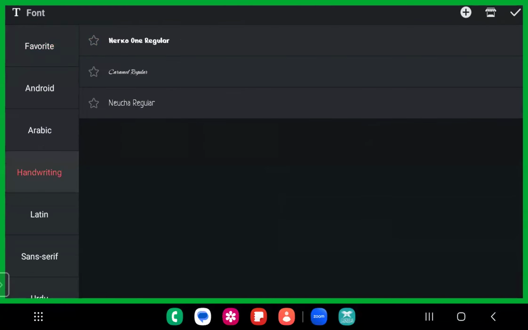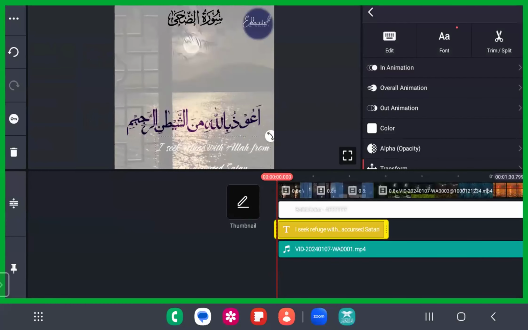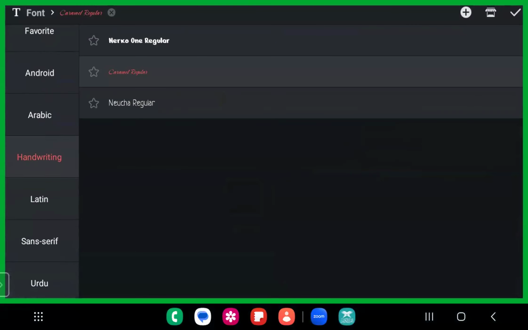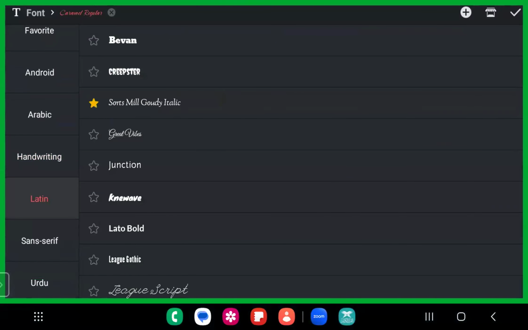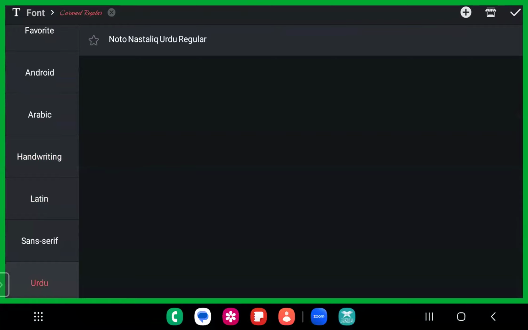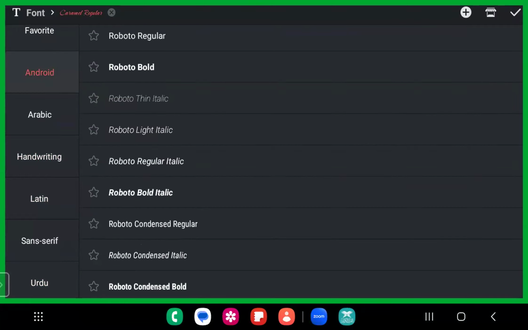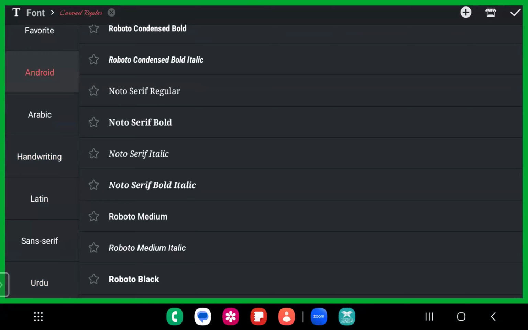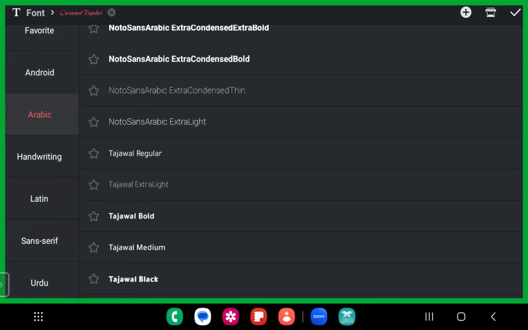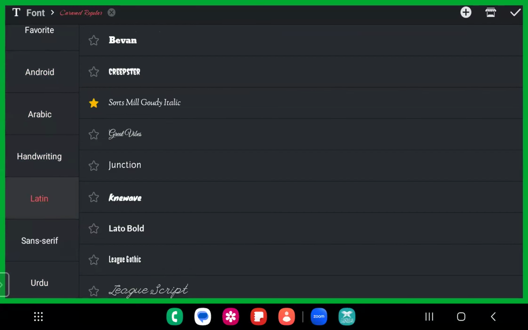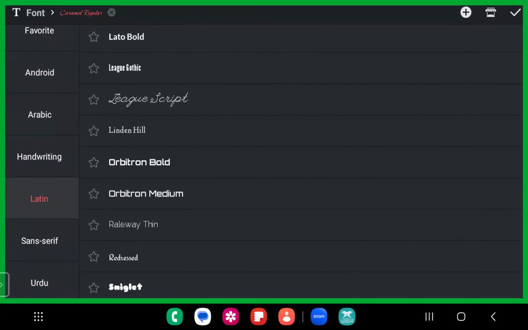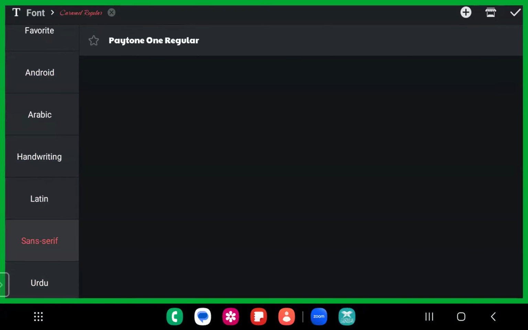Let me just assign something like Caramel Regular. This will appear as a handwriting. It won't look good. Handwriting won't be fine for the text that is going to be read by the viewers. For the texts that are going to be read by the viewers, you want to have the text highlighted. It should appear so good that the reader is impressed with that text, inshallah. So just check the fonts that are good and add it on your screen.